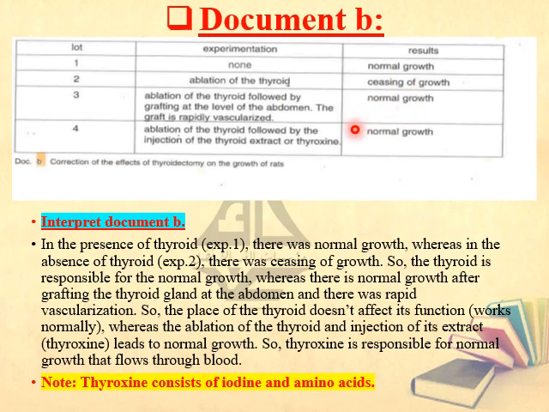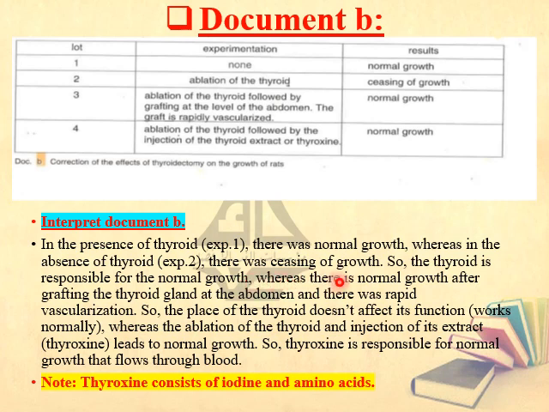How do we interpret document B? Of course, interpretation requires the result with the variable and a significance concerning each experiment. Let us make a simple interpretation for document B. In the presence of thyroid in experiment 1, there was normal growth, whereas in the absence of the thyroid in experiment 2, there was ceasing of growth. So from these two experiments, what was the significance? So the thyroid is responsible for the normal growth,